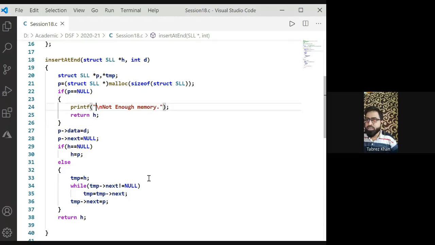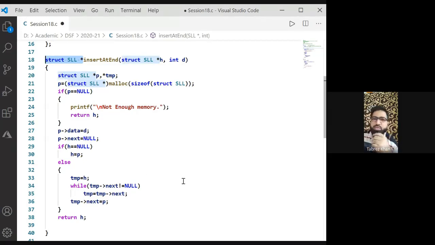And since this h is of type what? See here carefully. What is the type of h? h is a pointer to structure SLL. Since h is a pointer to structure SLL and we are returning this h, the return type of the function becomes pointer to structure SLL. Okay, so this is my